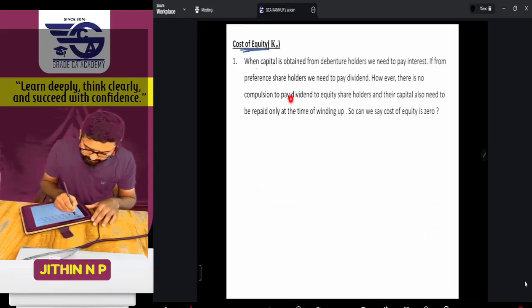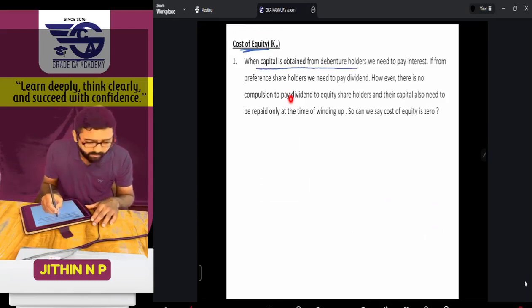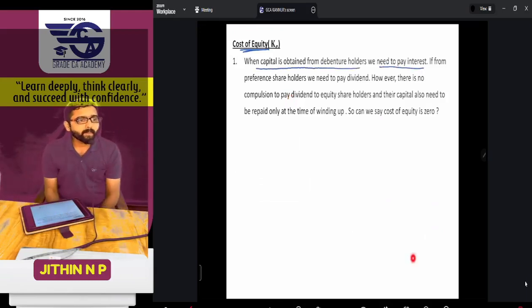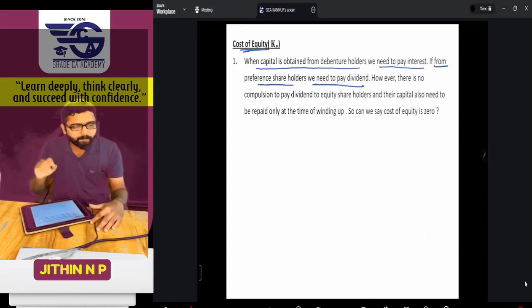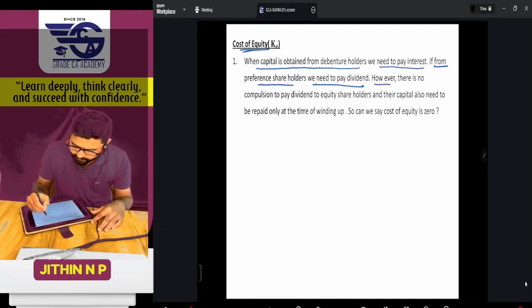When capital is obtained from debenture holders, the company has to pay interest. If from preference shareholders, we need to pay preference dividend. However, there is no compulsion to pay dividend to equity shareholders,